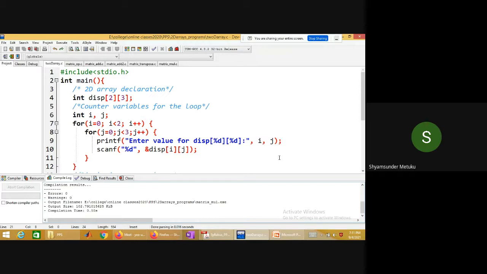Is that clear? Respond. Display of 2 comma 3 indicates there will be a total of 6 elements. So I want to read all 6 elements from the keyboard. Whenever you process any two-dimensional array, two different indexes are important. One is i, the second one is j. i takes care of the number of rows and j takes care of the number of columns. Like a one-dimensional array must be processed by a for loop,